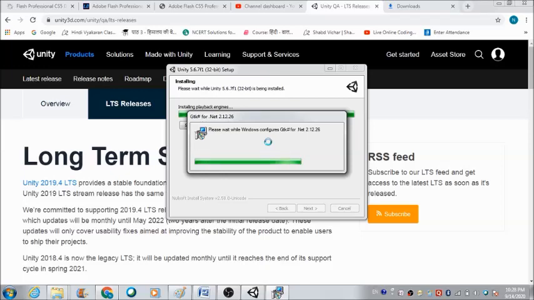Once we are done with installing this software on our laptop, I will be telling you how we can register our profile on the Unity website's platform, and after that how we can sign in to the Unity software that is there on our laptop or desktop. It is a very, very interesting software.